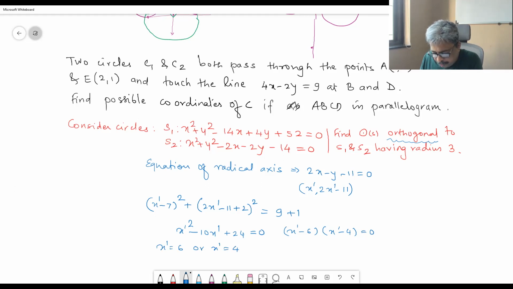So the centers of the required circles are going to be, you put this x dash here so that you get y dash. So center C1 will be (6, 1) and C2 will be (4, -3), and radius 3 is already given. Therefore the